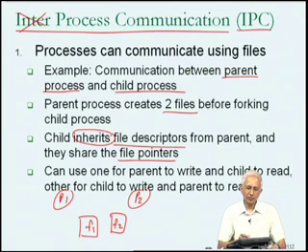So after the forking, if the parent wants to communicate the value 6 to the child, it writes the value 6 in file 1. The parent writes into file 1, the child reads from file 1. If in response the child was to calculate 6 multiplied by 6, it would do so, and to communicate that back to the parent, it would write 36 in file 2, which the parent would read, and therefore communication could happen. So all of the contents of file 1 will be things written by the parent, which can be read by the child, and all of the things in file 2 could be things written by the child to be read by the parent, and therefore they can communicate.